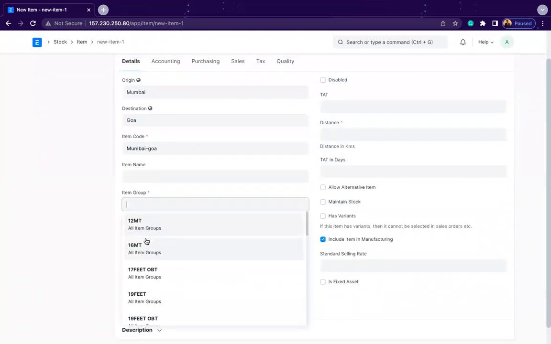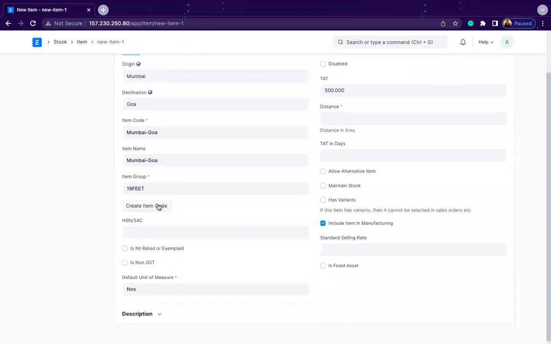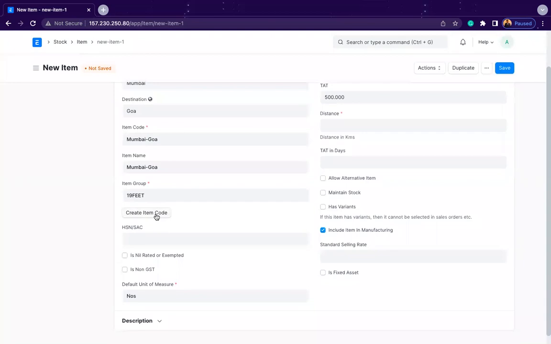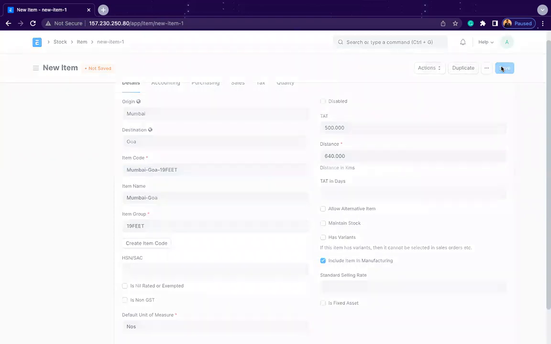What is the item group? Which kind of vehicle am I using? Let's say I'm using a 19 feet. And now if I want to create an item code, I can click create item code. Automatically the item code would be generated over here. I can add the distance. Let's say Mumbai to Goa is 640 kilometers. Once I save,